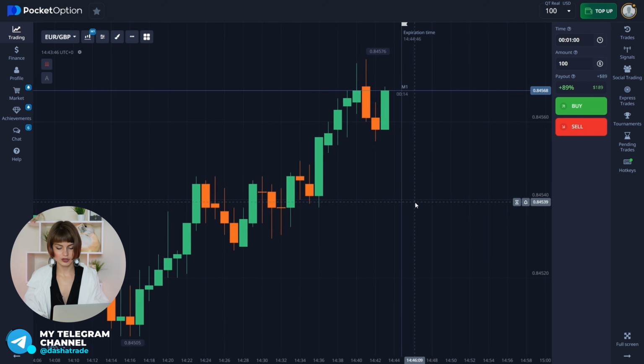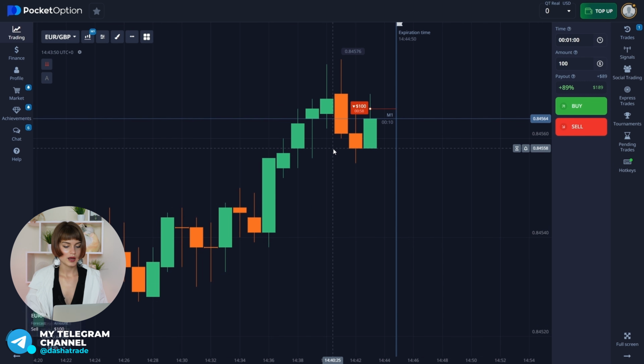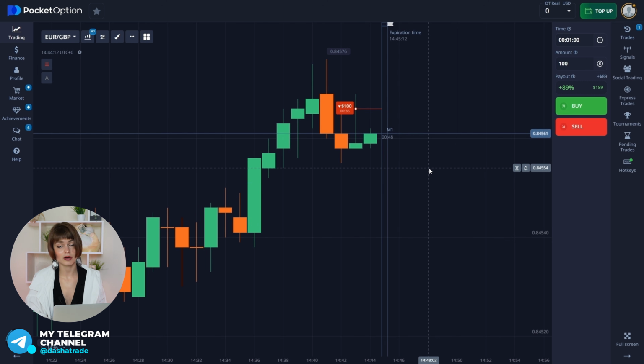So I switch to the broker and open a downward deal for 1 minute. As you can see, in this situation, I analyzed both the 1-minute time frame and the 5-minute time frame during trading. However, I will of course focus on the 1-minute time frame since the expiration time for my deal is 1 minute. Okay, while this deal is in process, I would like to tell you something important about choosing the currency